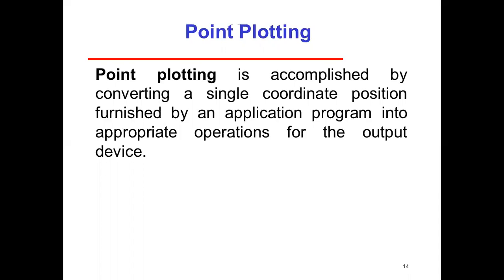If we have several points, then with the help of those points we can form an image, a line, a plane, anything. With the help of the pixel, with the help of the point, we can form a line. First, we are considering the example of the line. How can we draw a line? If there are several points and they are lying on the same plane, or those points are collinear, then we can draw a straight line. So with the help of the points, we can plot a line.